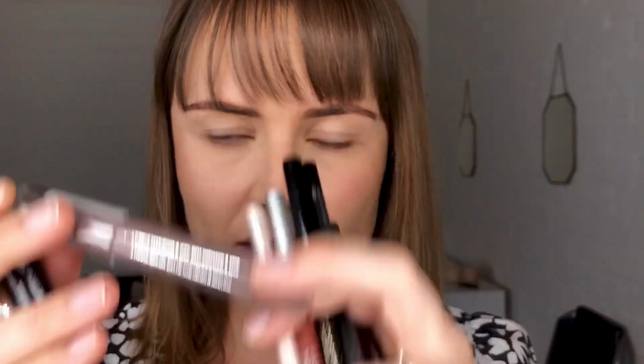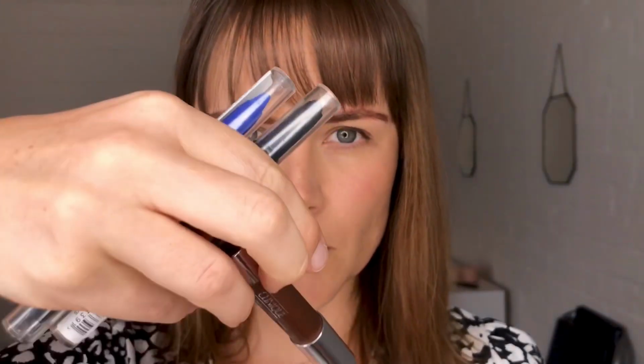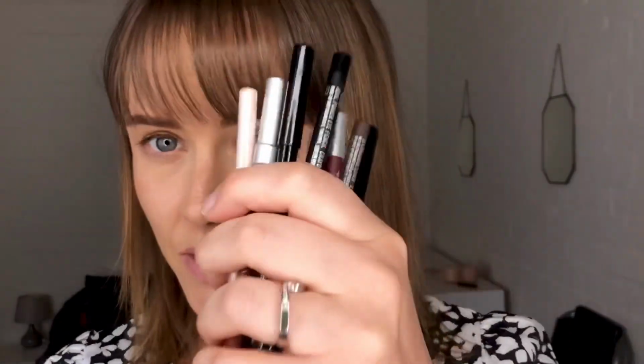So firstly, what I'm going to be using is pencils, like this. You can also use these chubby eyeshadow sticks. My only problem with these is I find they're really hard to find. I don't know if you guys know of a brand that stocks them and keeps them in stock regularly, that'd be amazing. I used to always love the Palladio ones, but I haven't been able to find them. I know Essence bring out these every now and then. This is from LOV, which I don't actually know if they still exist. I know Bobbi Brown have got really nice ones, and Bobbi Brown's ones stay in line. I've got one from Clinique here, and then I've also got some old Rimmel ones which used to be great, but just because I find these are not as reliable, I'm going to show you how to do it with